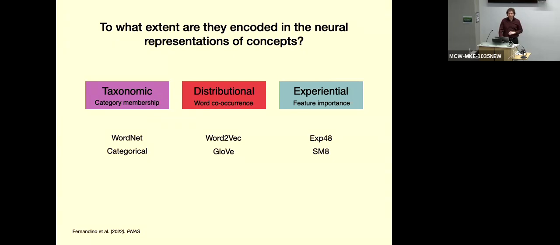And these algorithms are so powerful that they can do tasks like analogy completion. So if you ask a model like this, queen is to king as woman is to, they'll say man. So the model can abstract these properties and answer questions like that. And they also powered more recent language models like ChatGPT, which you may have heard of. They are a more elaborate version of distributional models that consider several words at a time, not just one word at a time. So they're pretty powerful.